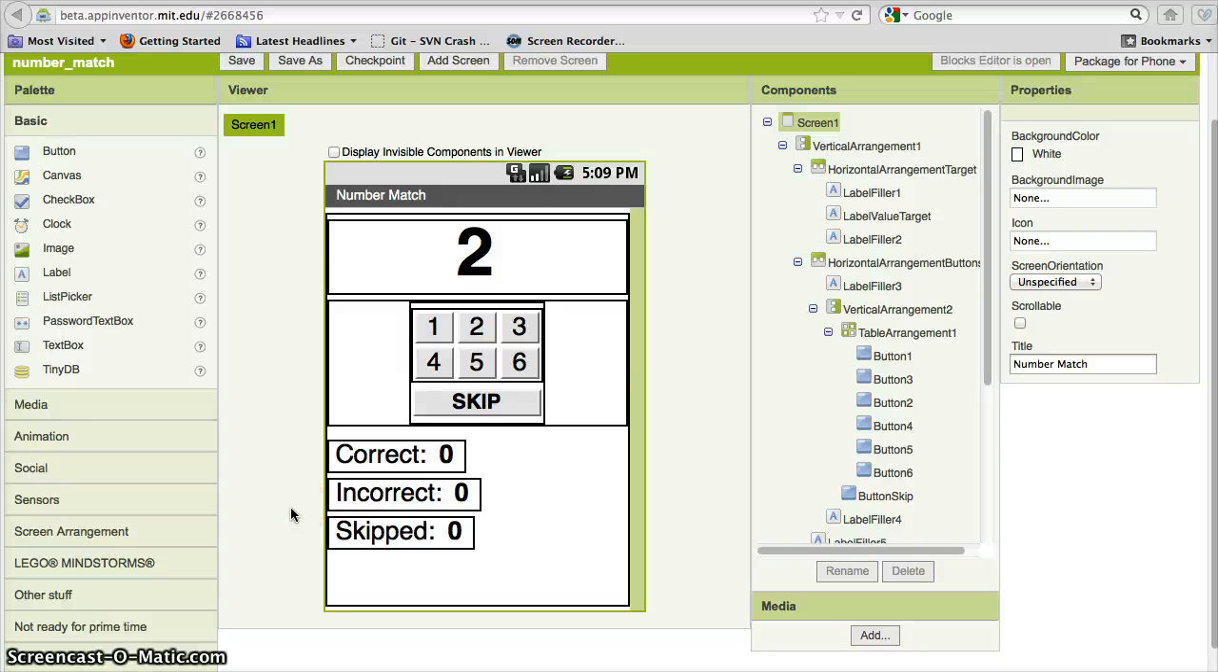Hello everybody, this is part 2 of the procedures video for App Inventor. We're going to be doing a slightly longer procedure for this program, and all this app is going to do is show you a number at the top, and then you have to push the button that corresponds to that number, and if you push it right, then you get a correct answer, so your correct number will go up